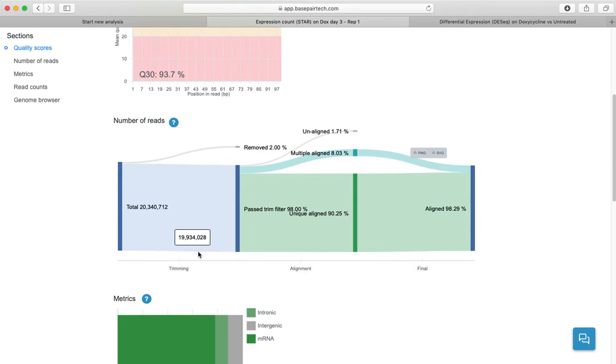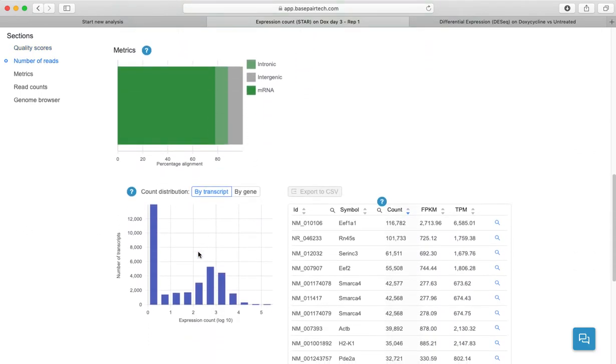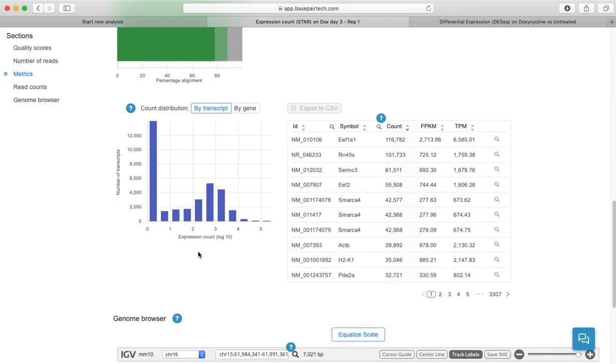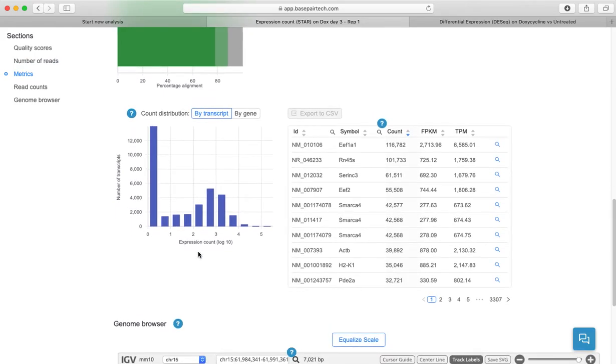The next step is to quantify gene expression. The number of reads that align to each gene is quantified using a program called feature counts. However, raw read counts are not appropriate to compare expression between samples and genes. Raw read counts don't account for biases such as gene length and total number of reads in each sample. So the measure